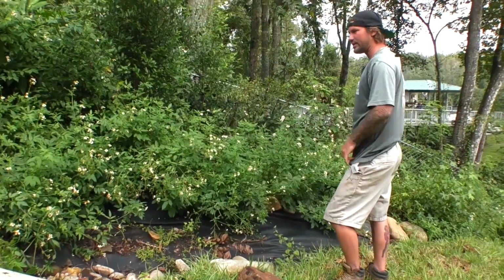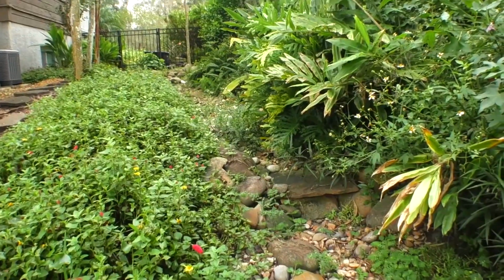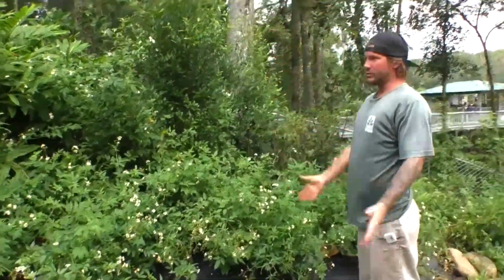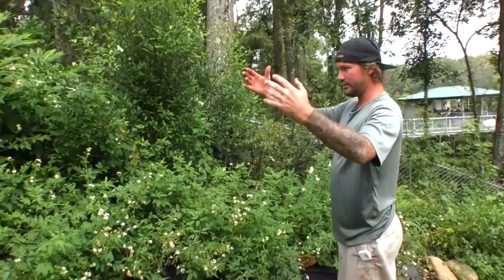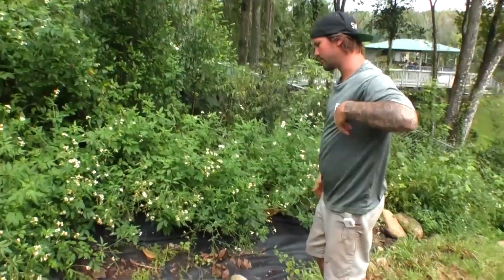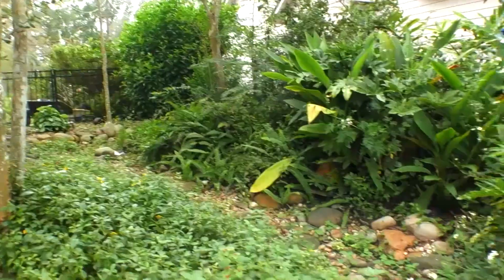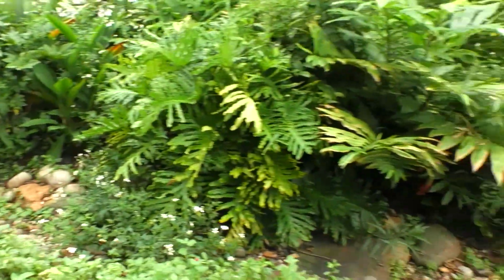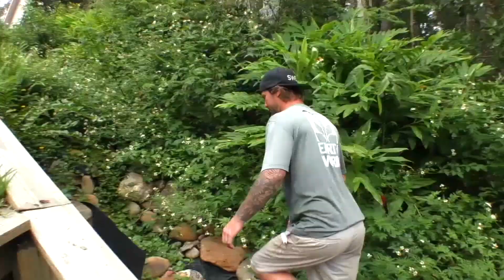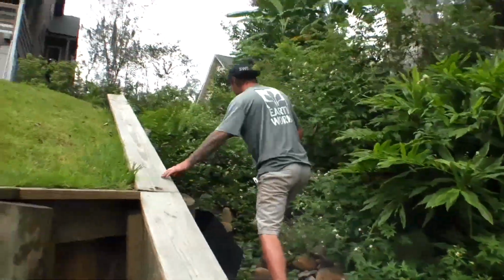There's stuff folded on top of each other. A bunch of small cobbles that, I'm sure it looked nice once it was first installed, but over the years it just ends up with these awkward collection points of cobbles and what have you. All this vegetation's coming out, and we're just gonna keep climbing this hill with massive, epic